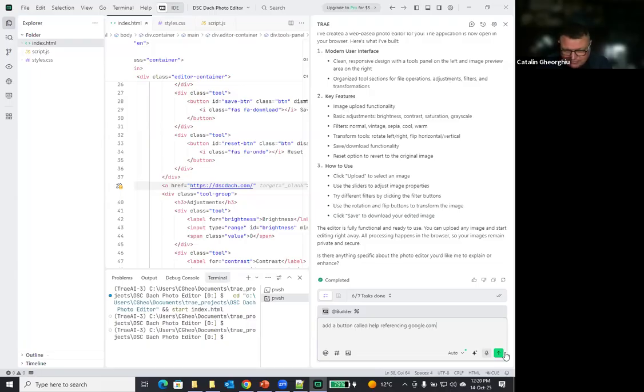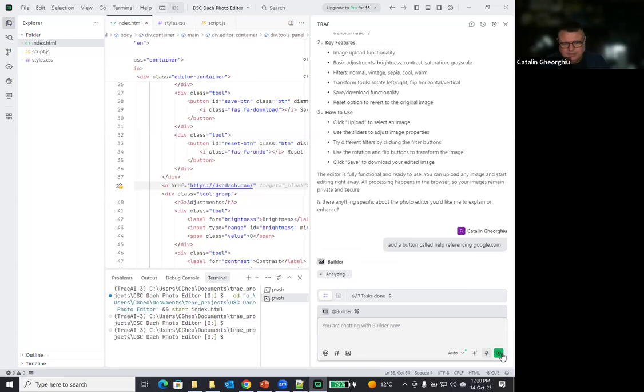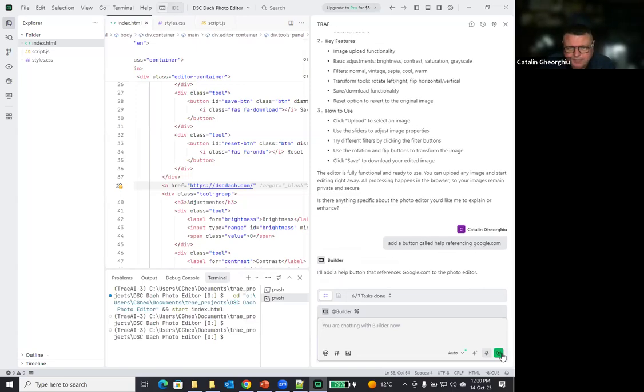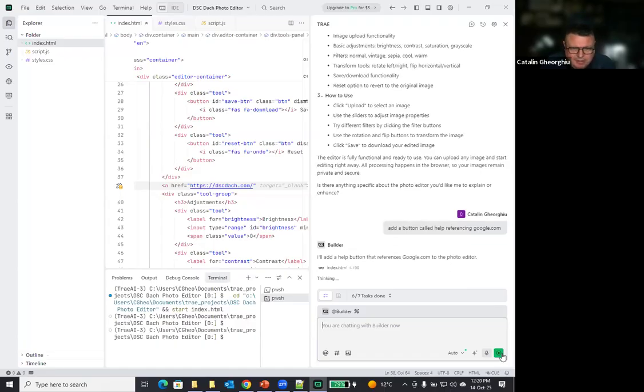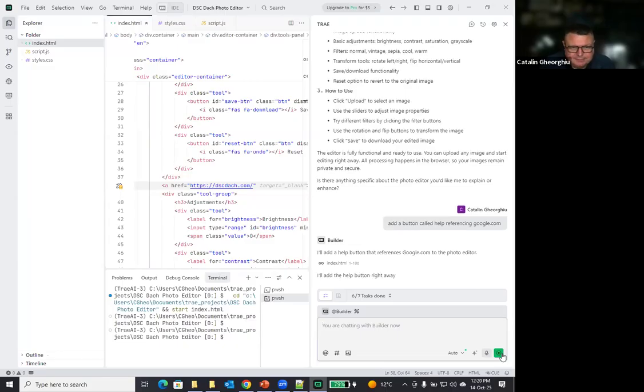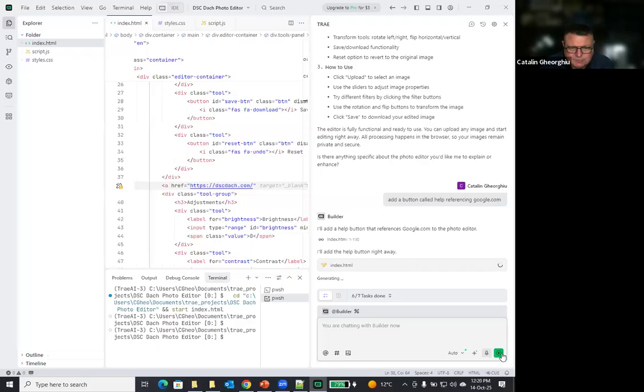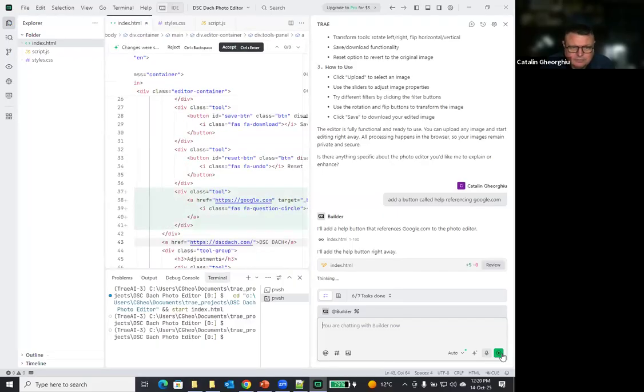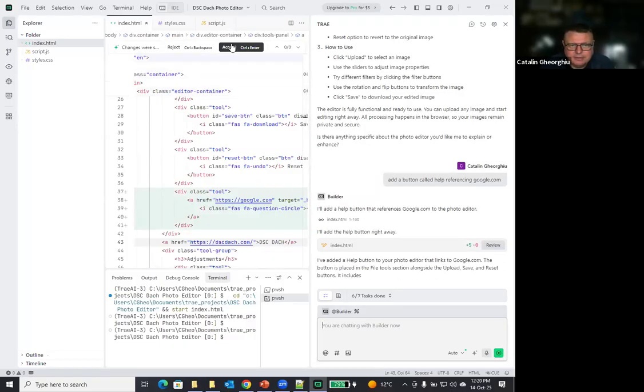And I hate referencing because it's not quite precise, but we've seen it understood what I meant. So you see it added here.